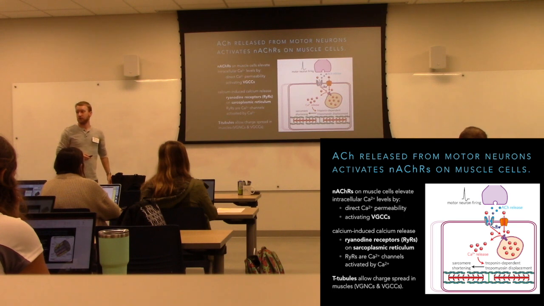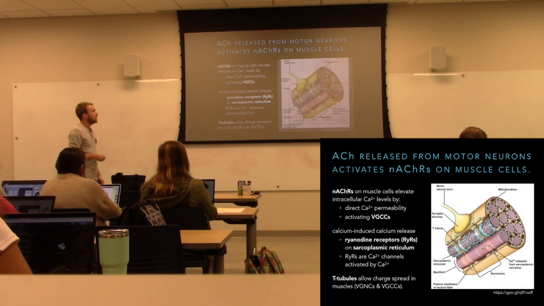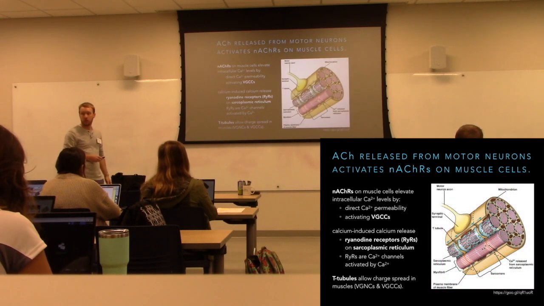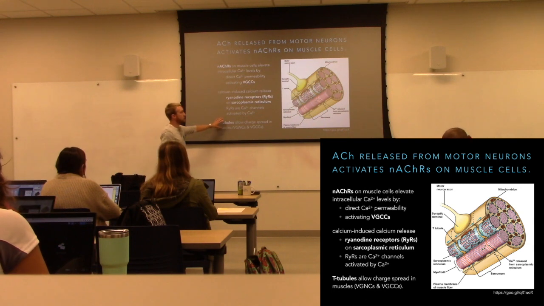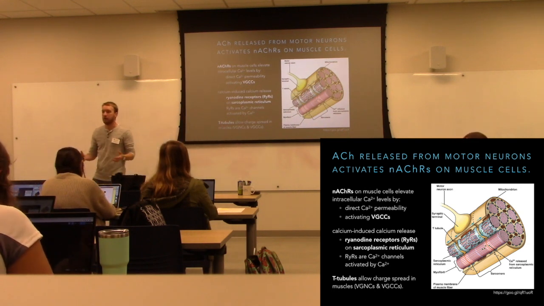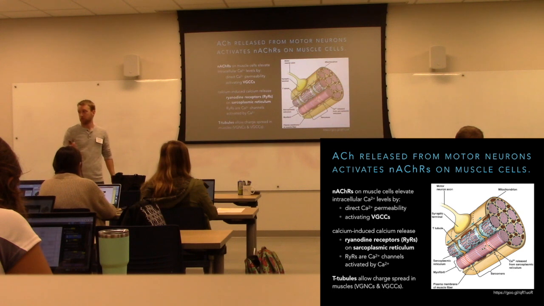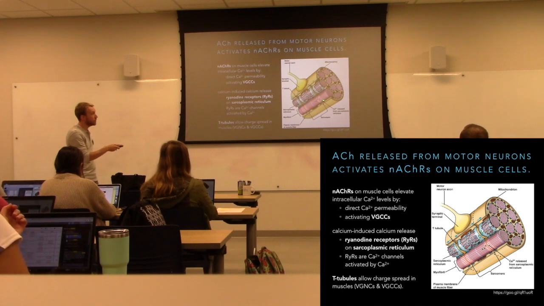Now we don't want this just to happen where we have our neuromuscular junctions. We want this to happen throughout the cell, and as luck would have it, that happens. We have these transverse tubules located all throughout our muscles so that charge can be spread out. Because on those transverse tubules, we have voltage-gated ion channels, sodium and calcium. So once we hit threshold here at our neuromuscular junction, we spread that action potential all throughout the muscle fiber